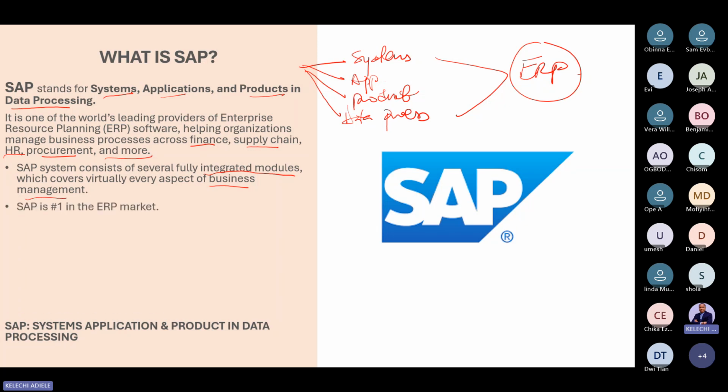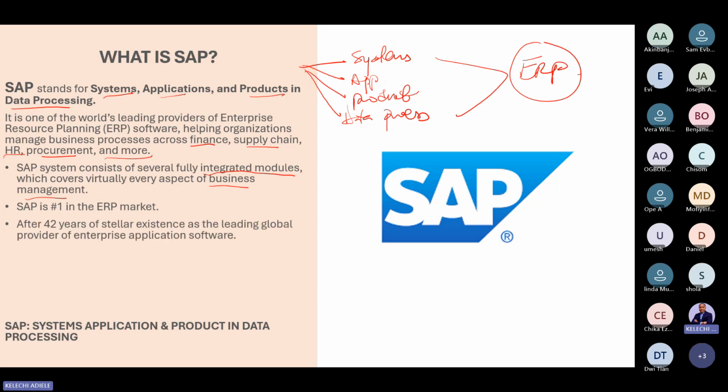Number 2 point to note about SAP is that, well, it's arguably the number one in the ERP market. Some people say it's Oracle. Some people say it's one of these other big players. But of course, every ERP has their area of leverage, the niche that they are very good in, and the niche where other ERPs are better than them. So it's very contestable. But yeah, it's probably one of the top three in the market.